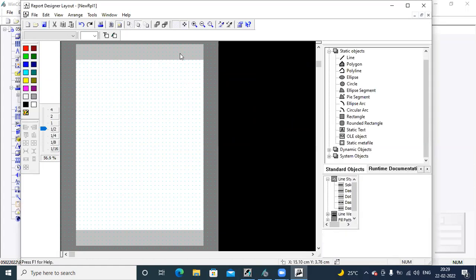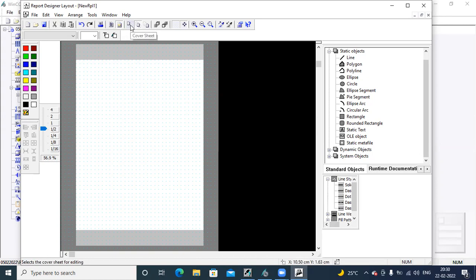on the page. You can see there are two colors here. One is white area and one is gray area. So here this is called static part and dynamic part. This white area is called dynamic part. This gray area is called static part. So what is static? Static means as it is, means no change. Whatever data you want, it should be fixed for all the windows. A static part you want to set here. Whereas dynamic means it will be changing. Data will be changing in this middle part here in the white area.